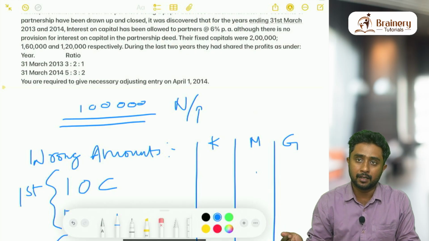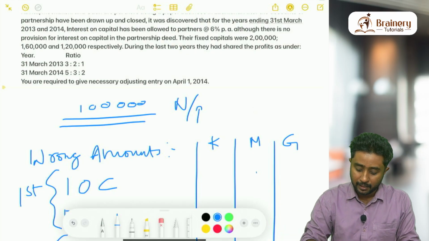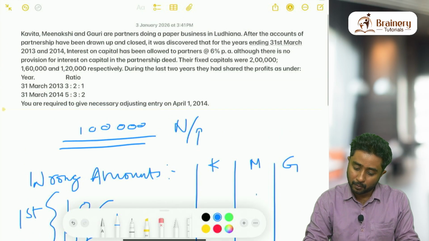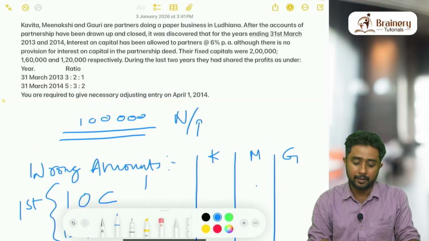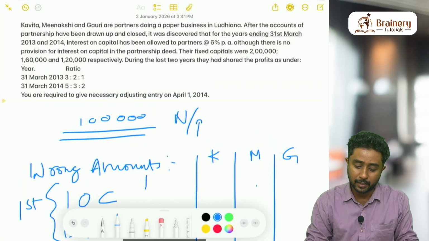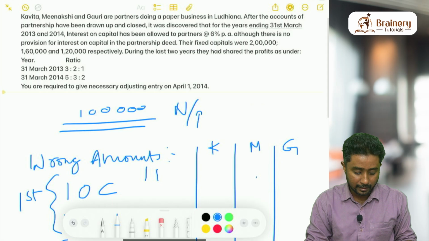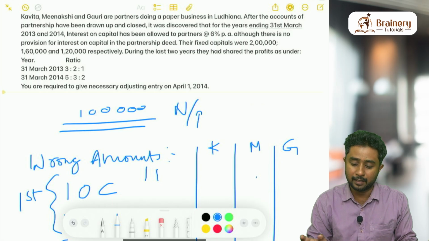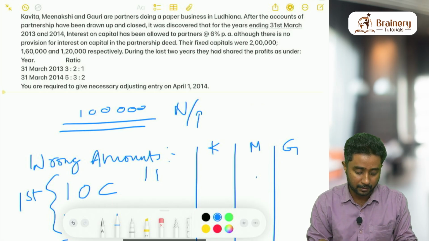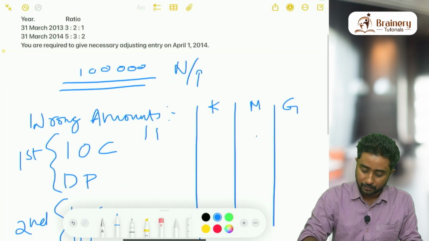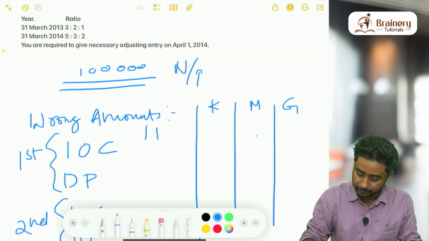Normally we calculate interest on capital on the opening capital. In that place we will be calculating on the closing capital. Even on the closing capital we can calculate it. Here the date is not mentioned. Anyways, as it is fixed capital, regardless of the date we can take the same values for the calculation. So first year interest on capital will be